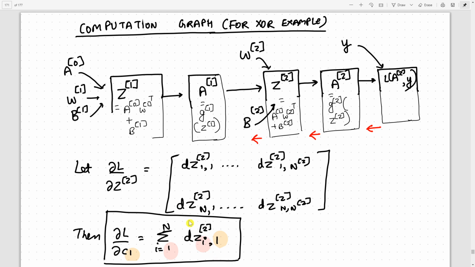And on doing so, you'll finally get the summation of i from 1 to capital N of dZ i comma 1, and just forget about the 2 for now. It is implicit, this is layer number 2. I've shown specific colors that you should note. For C1, you get del Z i comma 1. For C2, this would be del Z i comma 2 and so on and so forth. So it's basically just the sum of the respective columns. With respect to C1, del L by del C1 is the sum of the first column. Del L by del C2 is the sum of the second column of this expression, del L by del Z2,